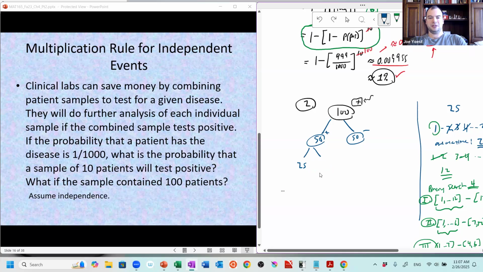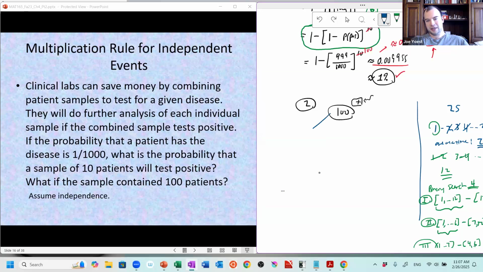Or maybe I could even split this 100. I could go even a little further than a binary search. I could split it into maybe 10 pools of 10, right? So I have lots of different choices here, but the point is that I could pretty efficiently, if I did say 50 versus 50, so this would be one test that I have to run, two more for each of these pools, 25 versus 25, two more for each of these pools.